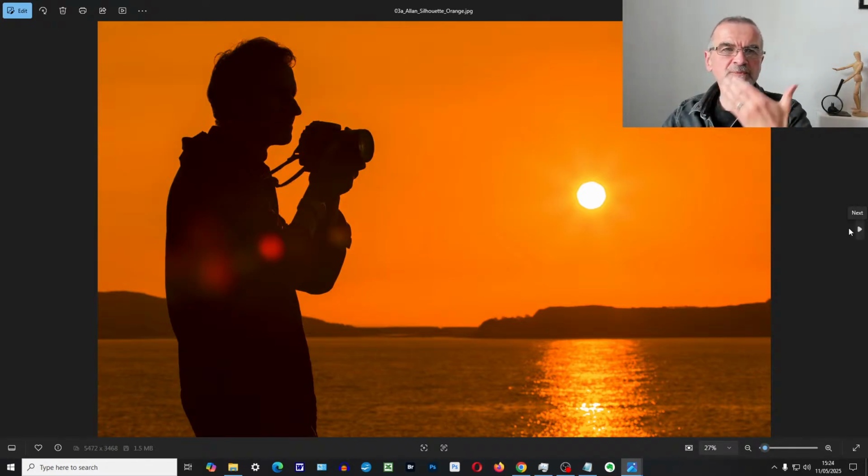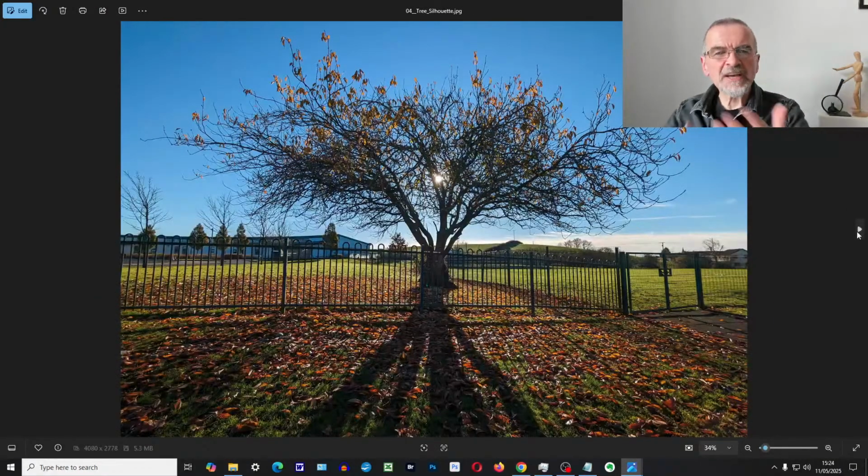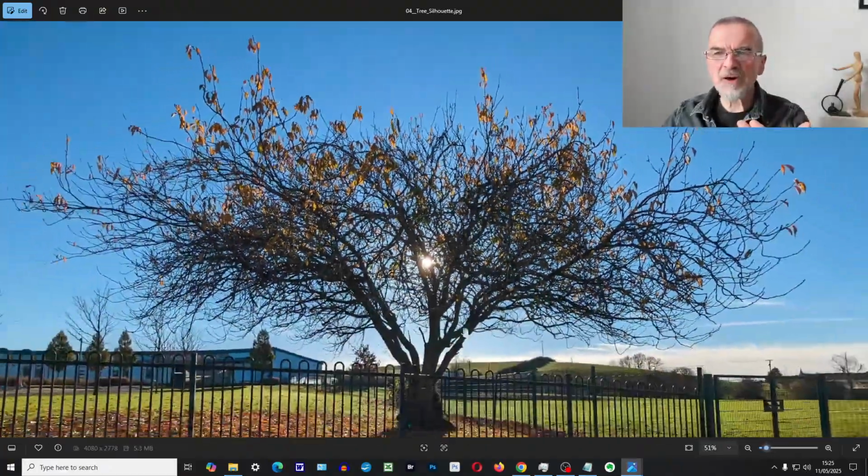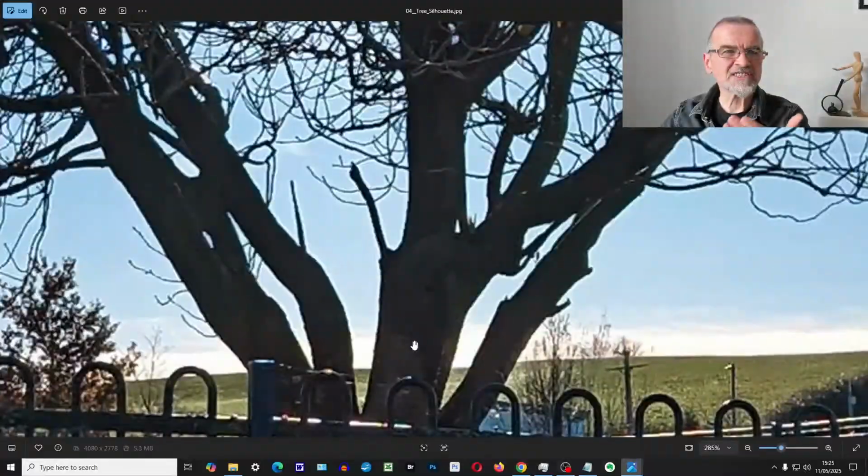So we've got that notion that, in this case, the silhouette is the shadow. The shadow is the side of the subject that we can't see. But what you can also do is mix where you get the silhouette and you get the shadow of the silhouette. So in a picture like this, for example, we've got the tree, and the tree is more or less silhouetted. There's bits of light coming through some of the leaves here, but there's little bits of detail still vaguely available,